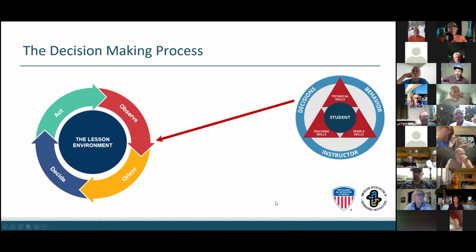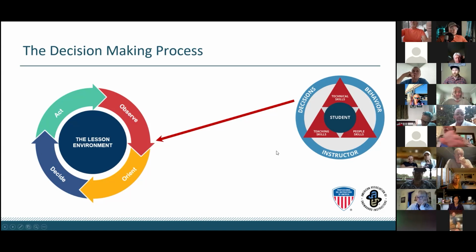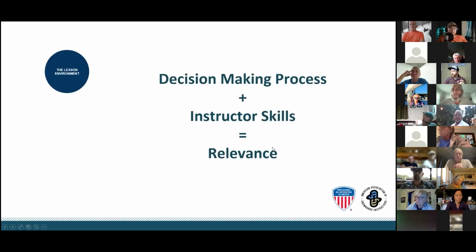So this relevance gap and the decision-making process come down to this: basically orient, decide, act, observe, okay? And the trick is you got to keep doing it a lot, right? You can't just do it once, right? As we know from our Vail Resorts decision-making video, there are 10,000 decisions we make in a day, right? Most in that instance, they're talking about safety. In this instance, we're talking about how can we close that gap, okay?